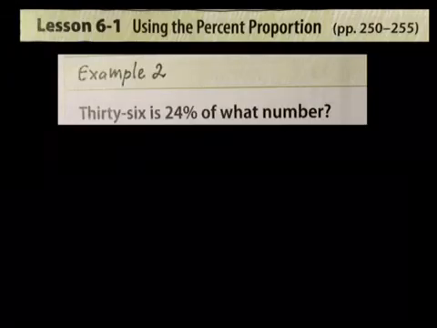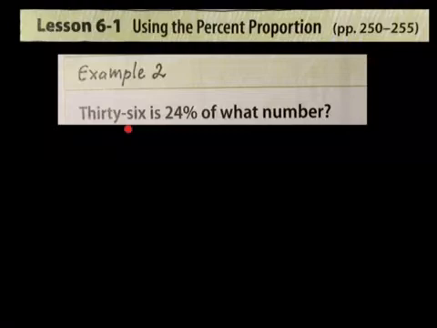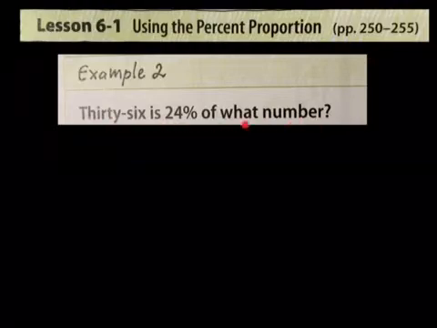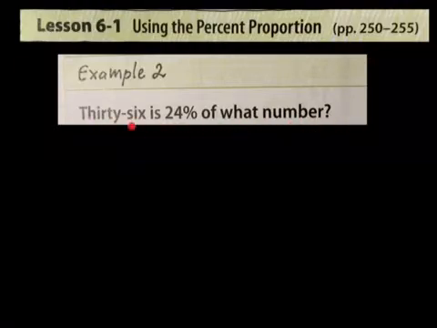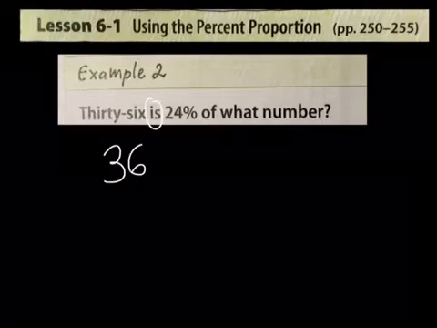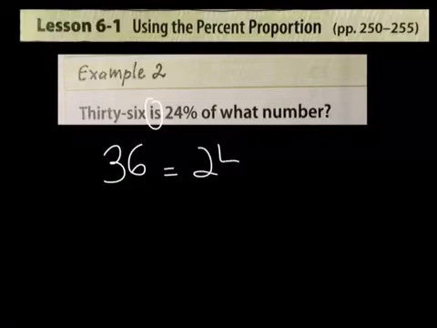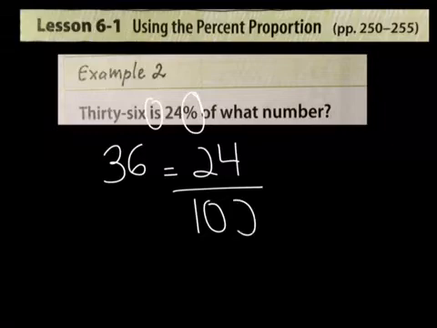For example 2, we're being told 36 is 24% of what number? Now, when you're given this, boys and girls, we have to set up the ratio properly. So we know that we have 36, and they're telling us 24% per 100. So it's out of 100, right? 24% means 24 out of 100. Okay? So 36 is 24, and that's why they're both written on the top, because 36 is 24, so they're